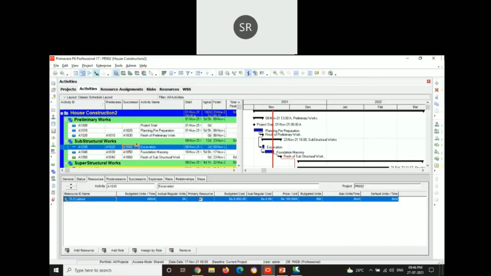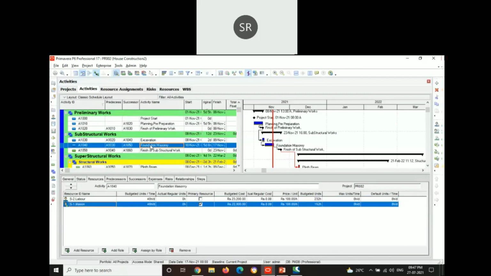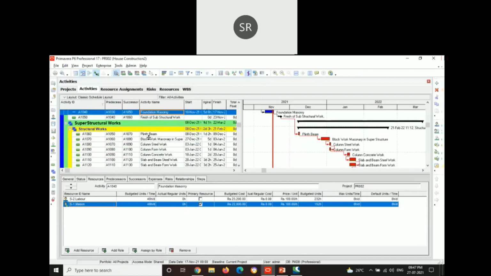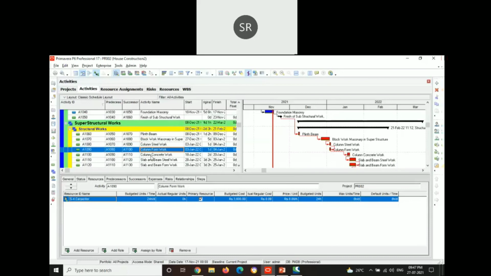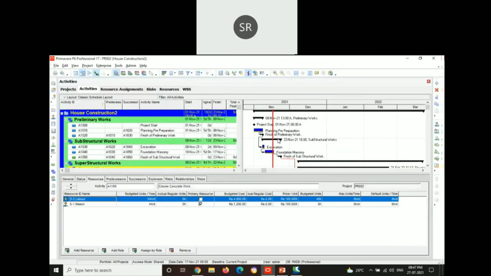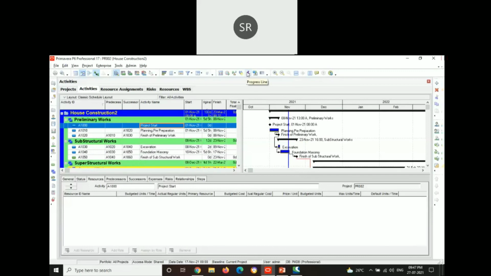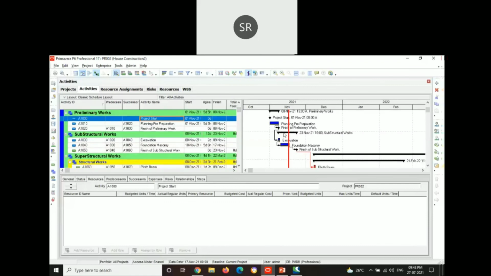We have started assigning resources from excavation. Here we have assigned labor for excavation and for masonry, both labor and mason, as foundation requires concrete. In the same way, we have assigned labor for different activities. After assigning the activities, if you click on scheduling the project, the relation will be assigned by giving arrows for each of the project. This is the progress line which tells whether the project is behind the schedule or ahead of the schedule. Here the progress line is coinciding with the schedule of the project, which means that there is no lag in the project.